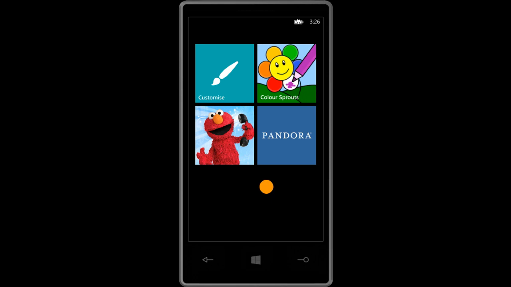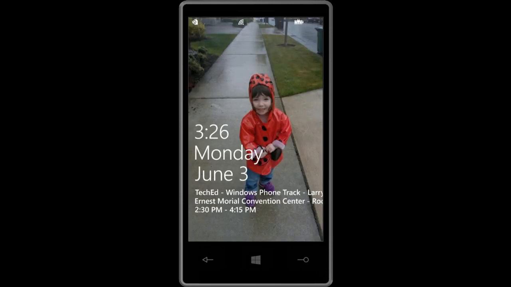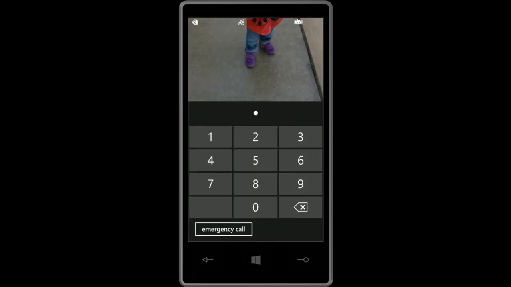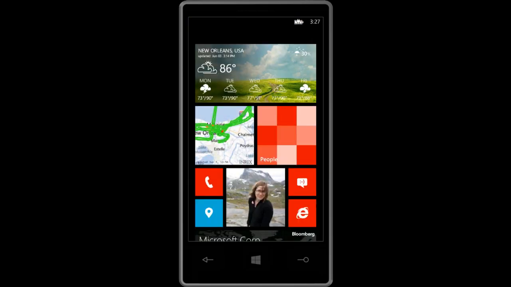And there's also an API here so that developers can tell if their application is running in Kids Corner. And Pandora, for example, has leveraged Kids Corner so that they won't play explicit lyric music. So there's things that can be done here, and they can customize the color, but they can't go in and buy books on Amazon or order clothing from Nordstrom or what have you, spend tons of money ordering apps and so forth. It's a restricted area. It's another way that we've allowed the phone to be customized in this structured manner to allow kids to play with your phone, because we think that's a scenario that was very attractive to a certain set of folks.